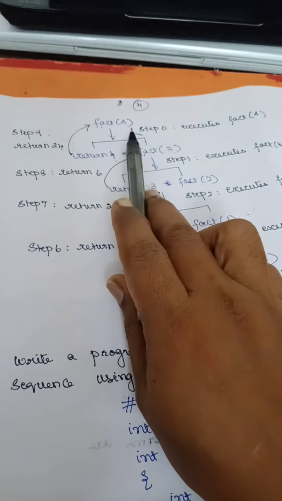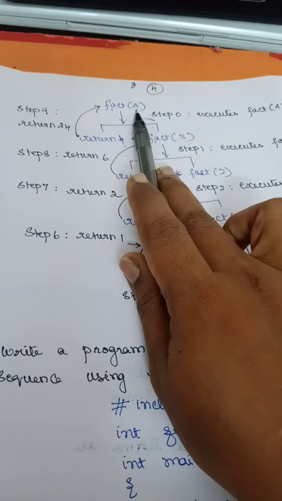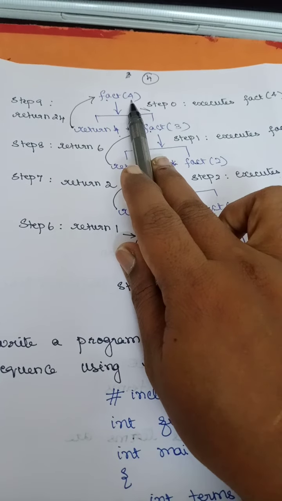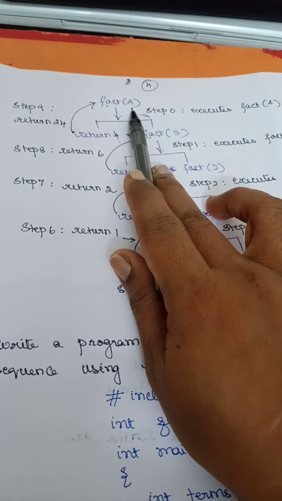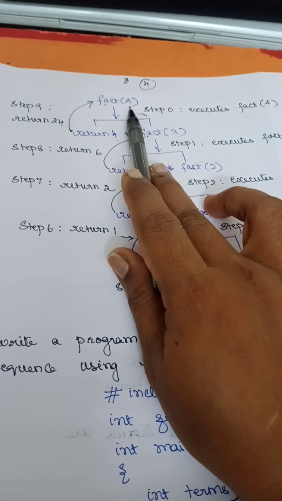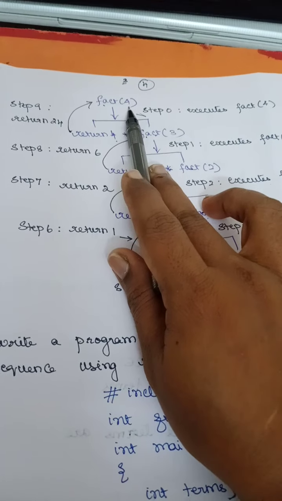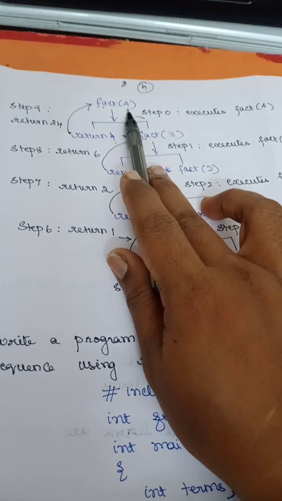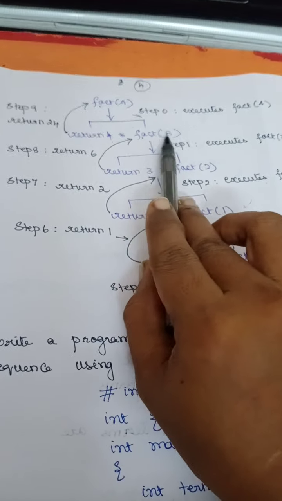So first time from the main program, I am going to call the factorial function. Here the number for which I want to find the factorial is 4. Right? So n is not equal to 0. So I'll move on to the else part. In the else part, you have return n into fact of n minus 1. So I have return 4 into fact of n minus 1.